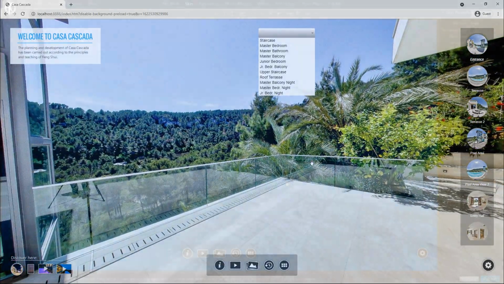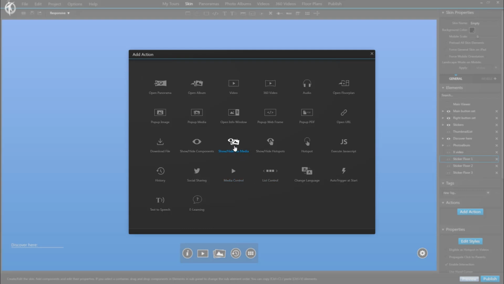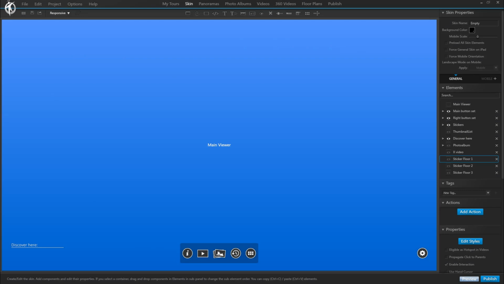And now let's have a look at the new action which we added, which benefits a lot from tags and helps you save a lot of work as well. And it's this one, show hide for media. That is basically the inverted version of show hide components. So while show hide components lets us define that upon starting a certain panorama or media, we'd show or hide selected skin elements, this new one is that for a certain skin element, it lets us define that that skin element should be shown or hidden depending on which media we are currently seeing. So just the other way around.